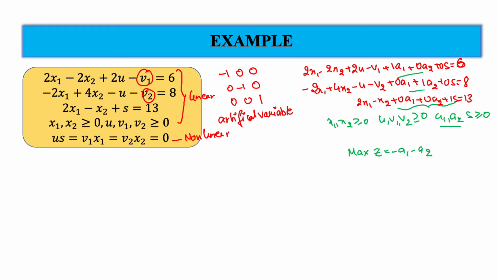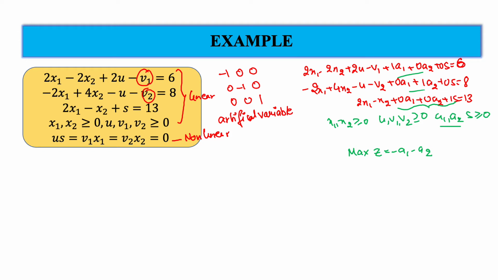What we basically need is a point x1 and x2 which will satisfy all our constraints, all these conditions. That will be the global minimizer of our problem, and that will be the optimal solution of this problem. And solving this problem is not easy. So this is one of the illustrations of the simplex algorithm. Over here we will use it. We have seen earlier also how we can solve an artificial variable problem by using the two-phase method. So basically now we are going to apply the two-phase method.